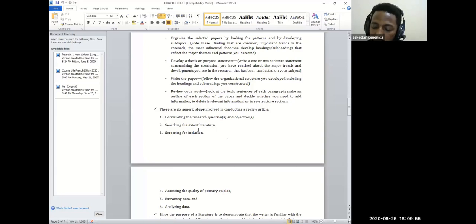In addition to that, you have to make sure that you did not commit plagiarism. Check whether you committed plagiarism or not, because this is one of the academic crimes. Therefore, one way of solving this problem is to correctly cite your sources, to correctly make references. Otherwise, you will fall into this trap of plagiarism.